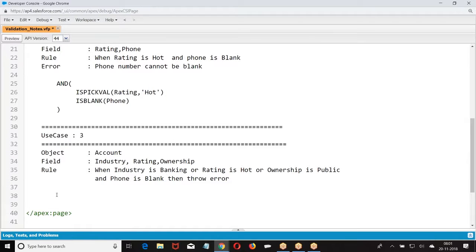Third one: when industry is banking, rating is hot, ownership is public, and the phone is blank, then throw error message.